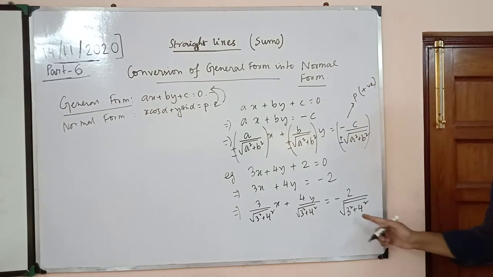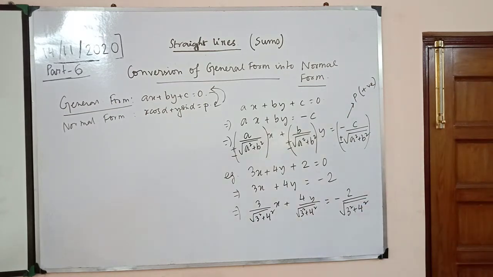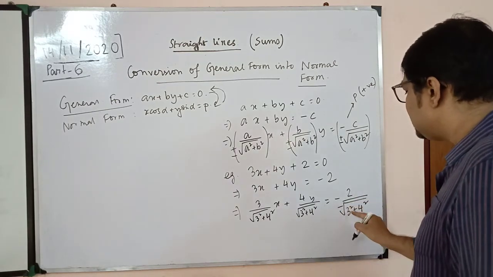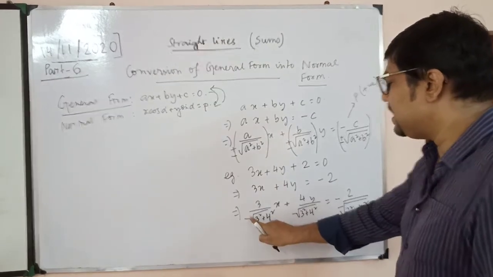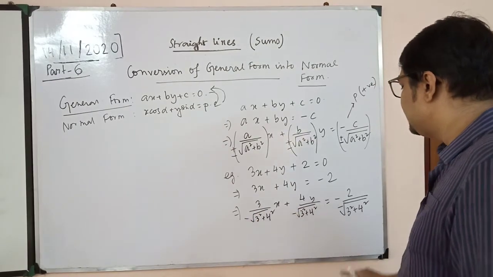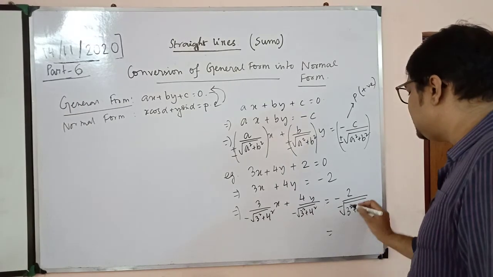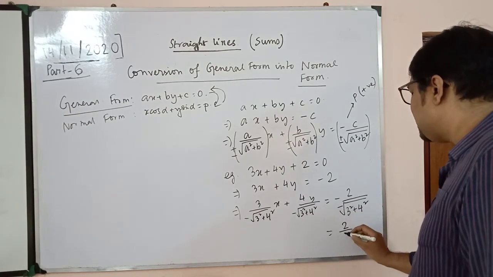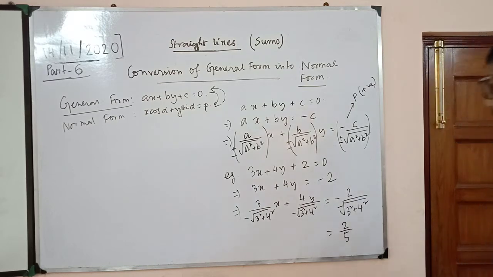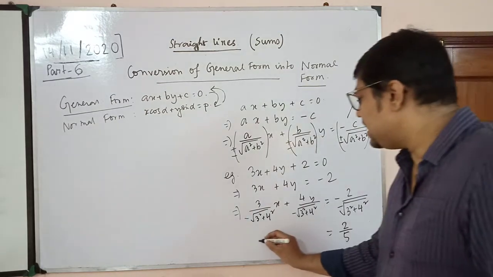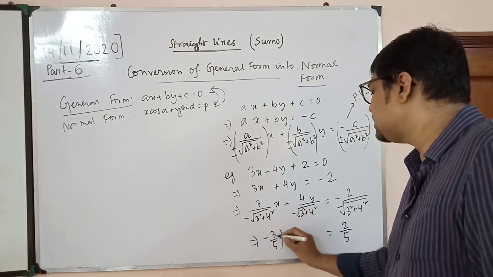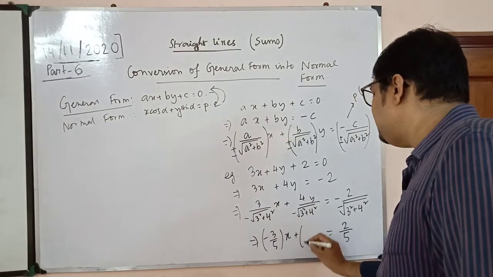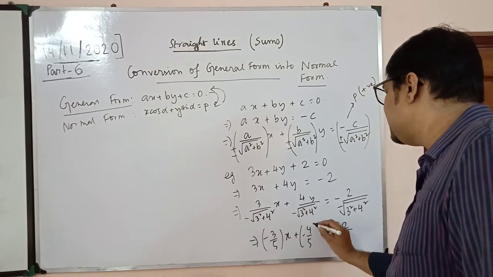Now just see, if it is 5, then the right hand side, the p becomes negative, so choose a minus sign. So it is a negative root. So all of this put a minus. So then that means what will happen? That means this side will now become 2 by 5. Right. This side will become minus 3 by 5 into x. And this side will become minus 4 by 5 into y.